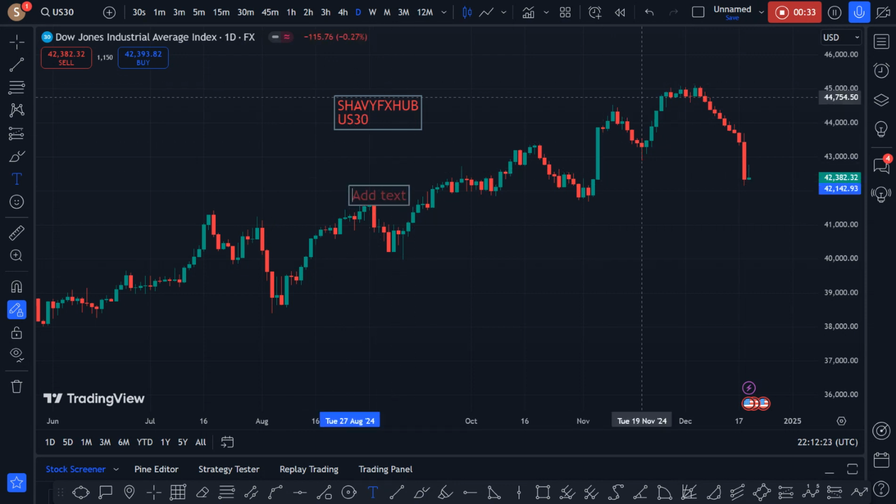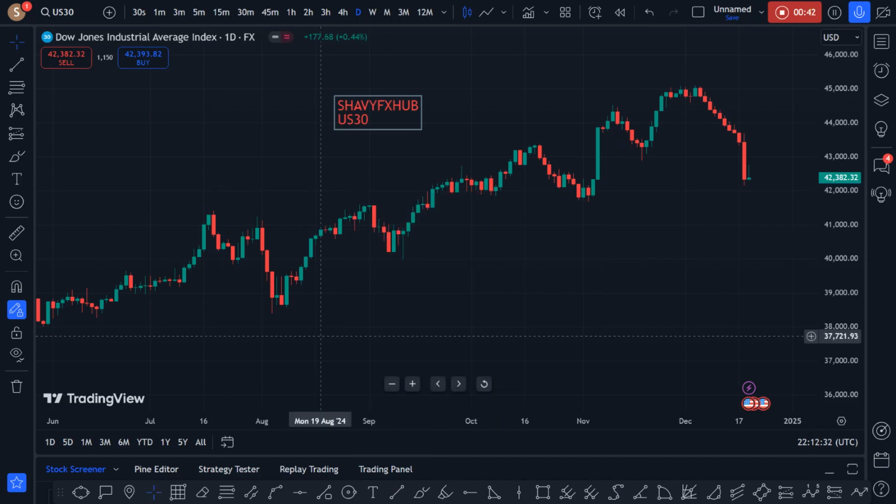The US30 has been dropping since Friday 06. It is dropping based on the structure of the market, which is also working with the